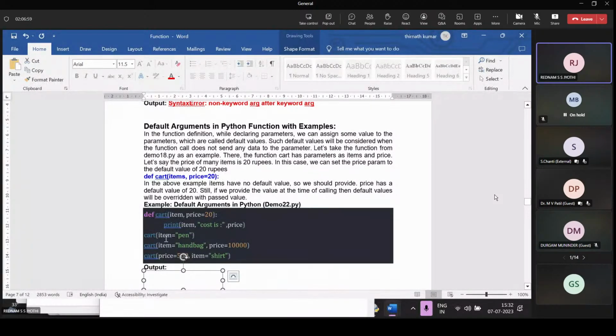Cart(item equals pen). Normally the cart function takes 2 arguments as parameters, but in this function call we assign only 1 parameter, that is item equals pen. We didn't specify the second parameter, so in that case the price value is 20 by default.